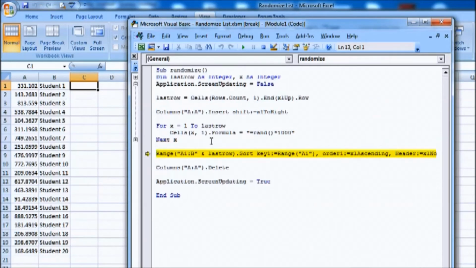The next line is what does the sorting. So this will take column A, it's going to look at column A and sort all of the data in columns A and B based on the numbers in column A, which are all random. So the lowest number in column A is going to end up at the top, and the highest number at the bottom. Unfortunately, you won't be able to see that because as soon as we sort it,